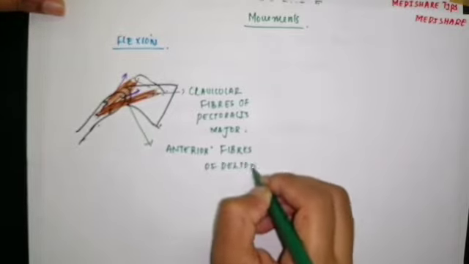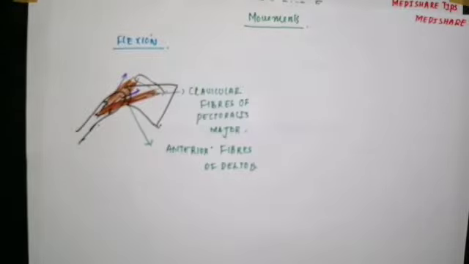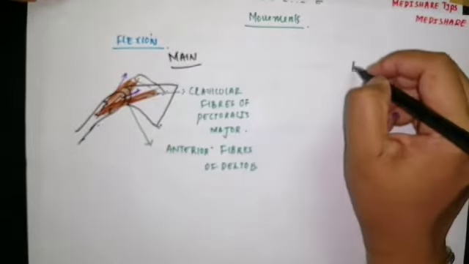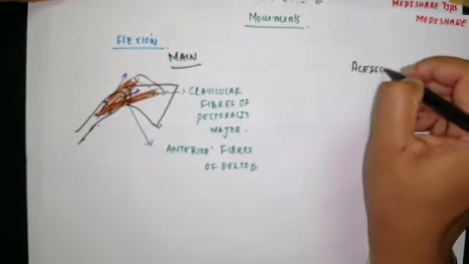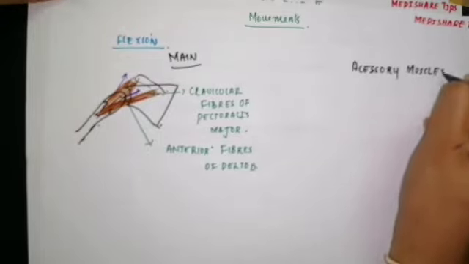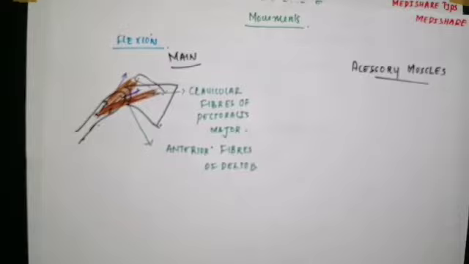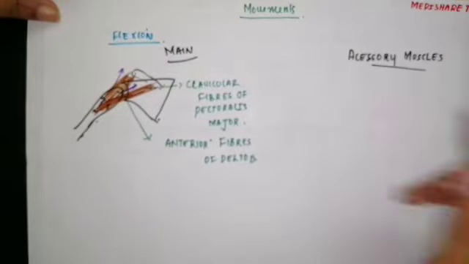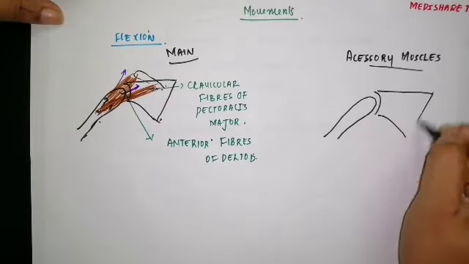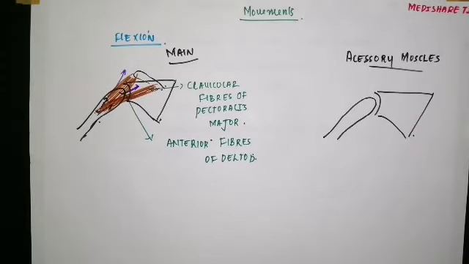So these are the main muscles carrying out flexion. These are the main muscles. And which are the accessory muscles of flexion? Accessory muscles of flexion are, which include